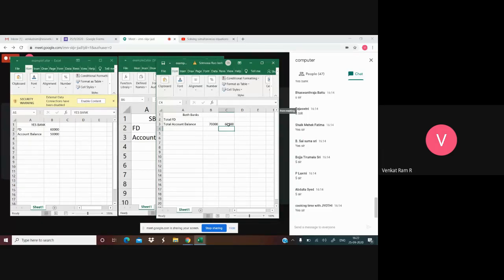Understood? How to link workbooks? The formula is very important. Okay, and they may ask in your final exam also, they may question the same, like giving this and write the formula what you have to use. So whenever you are doing it, make sure you see which column it is there and which number also it is there. That is a must. Okay, you have to remember that.